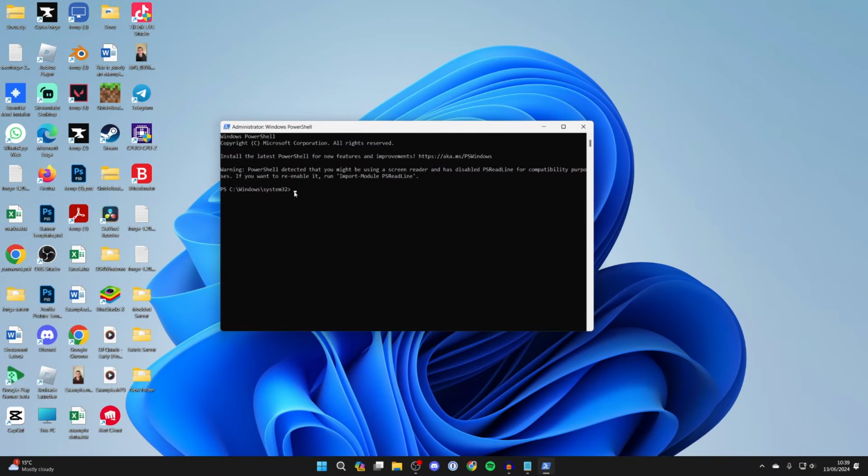Here is the line here, and all you need to do is right click with your mouse and it'll then paste this in. Then you can press enter like so, and just like that, it's going to install the